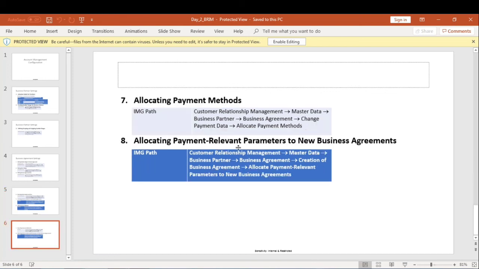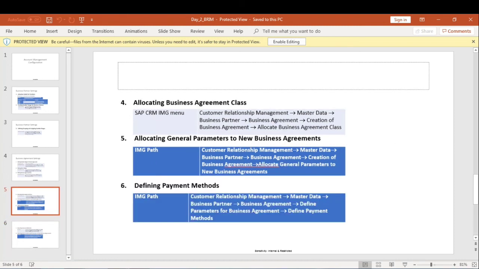And we have payment methods. What do these payment methods tell? Is it an incoming payment or an outgoing payment? And if it is an incoming payment, how is this incoming payment happening? Is it through debit card, credit card, online transaction, or automatic debit?